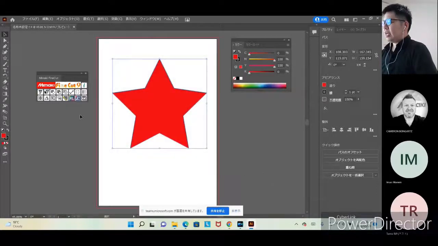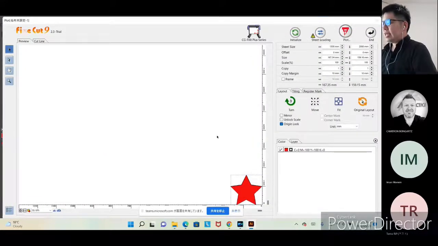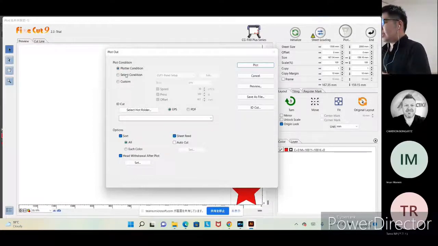After you set up, hit OK, then just simply select a job you want to cut, and then click on cut. It always displays a message saying it's going to detect the center of the line as a cut line, which is fine. And it comes up like this. Right? You can do sizing, you can do position from this. And simply, if you're OK with the sizing, you can just hit plot. From here, you can set up a plot condition like grams and so on, unless you'd like to change the gram and cutting condition setting from